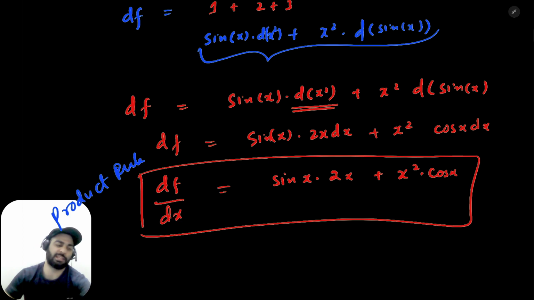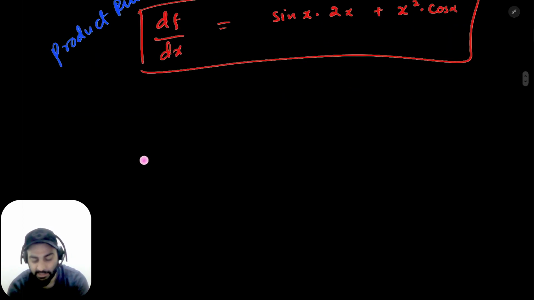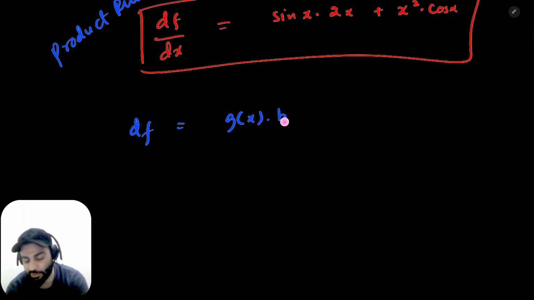So there is no special thing with the sin x cos x. I can just now have these things. I can have g of x and h of x. So I'll have it like this. The change in f will basically be equal to g of x multiplied by h of x. So d of h basically now, because we have the change in the second, plus h of x